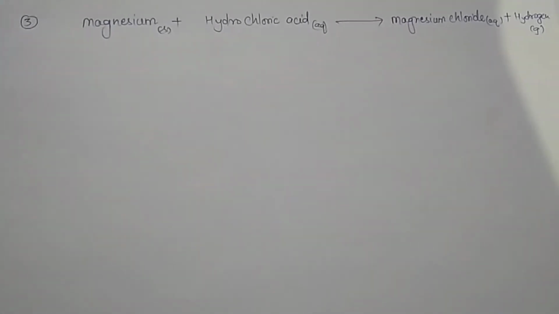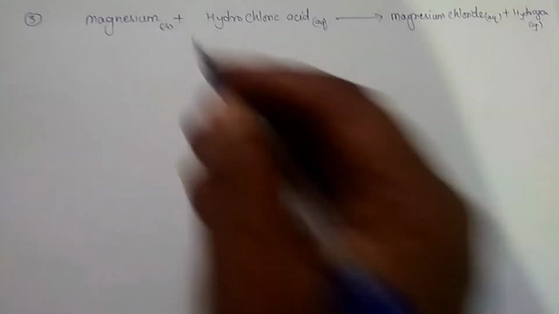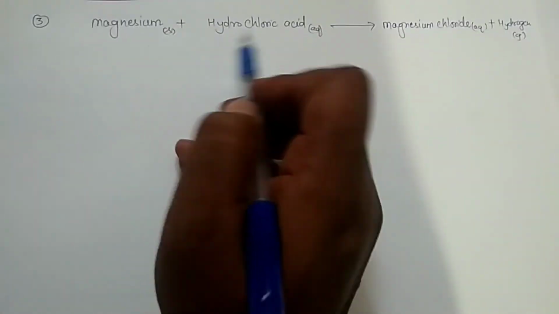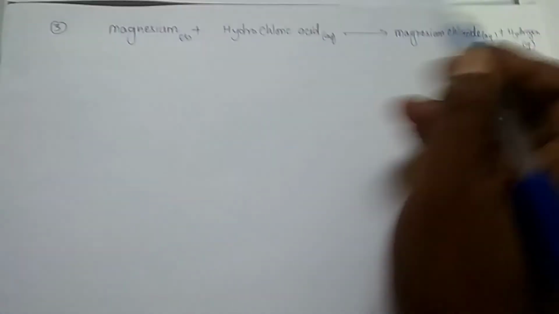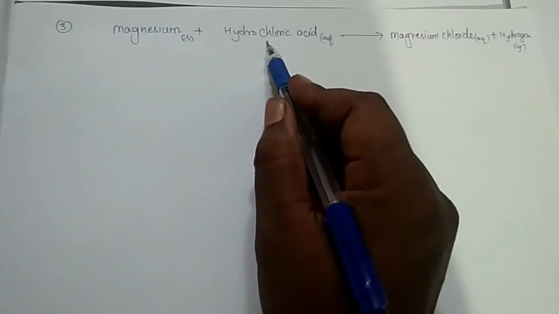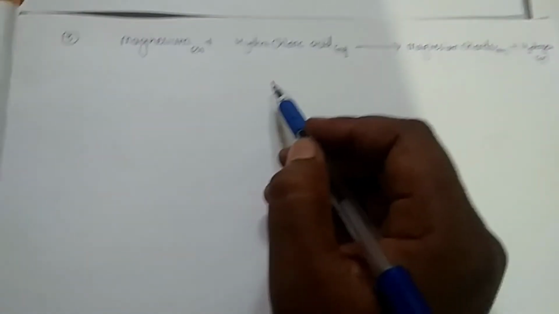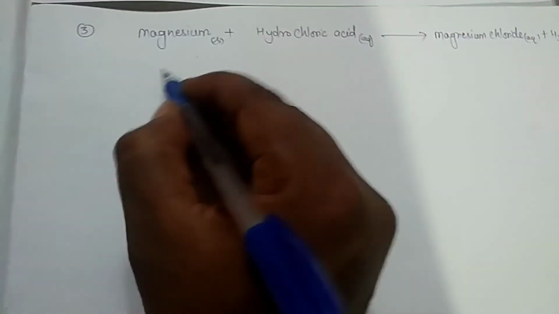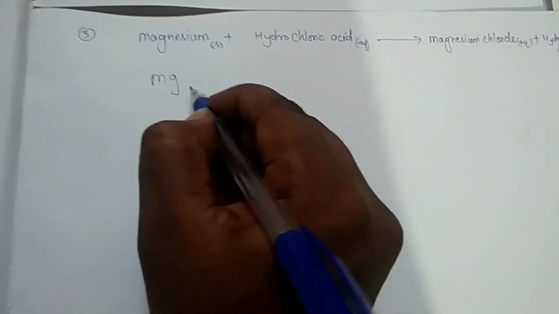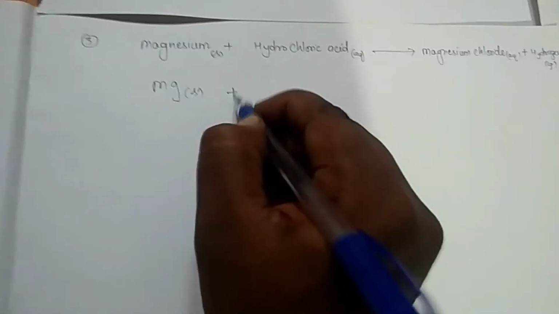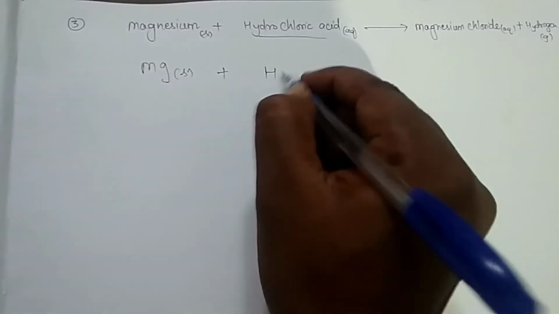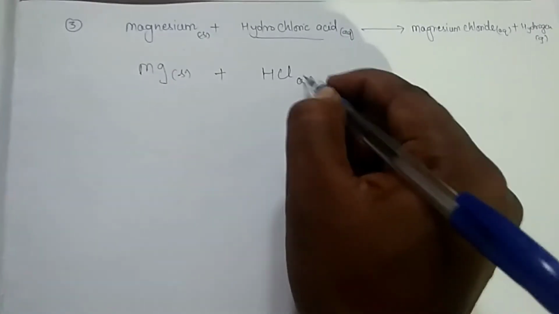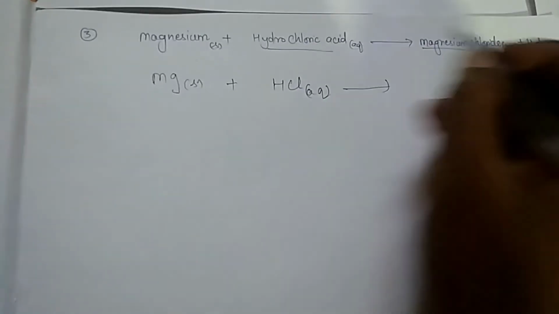Now let's see the last example. Magnesium plus hydrochloric acid forms magnesium chloride and hydrogen gas. Children, convert it into the chemical equation. So magnesium in solid state plus hydrochloric acid, you know it very well, HCl, in aqueous form. Now magnesium chloride. See children,